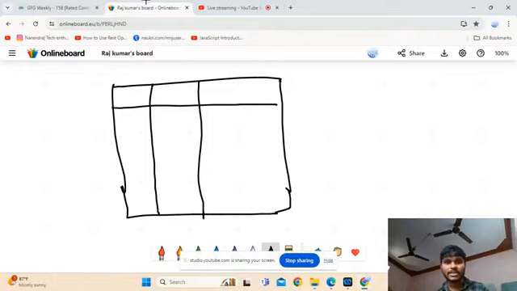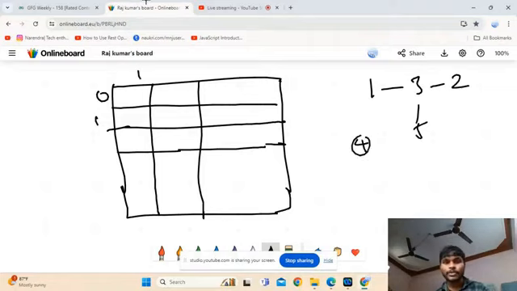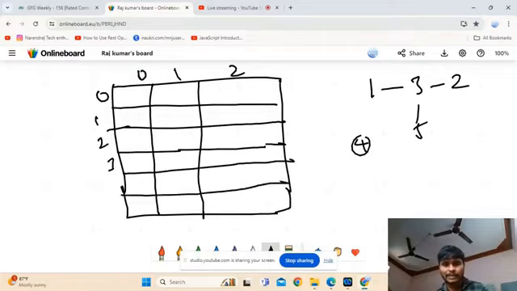Let's suppose it is the 0 node. Here I have to take care of 1. We have 5 nodes here, 1, 3, 2, 5. Here we have 4. 4 is not connected, right? So 0, 1, 2, 3, 4, 5.